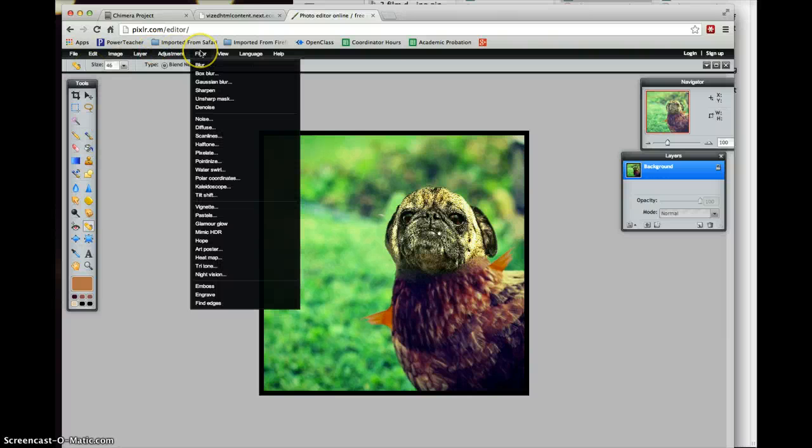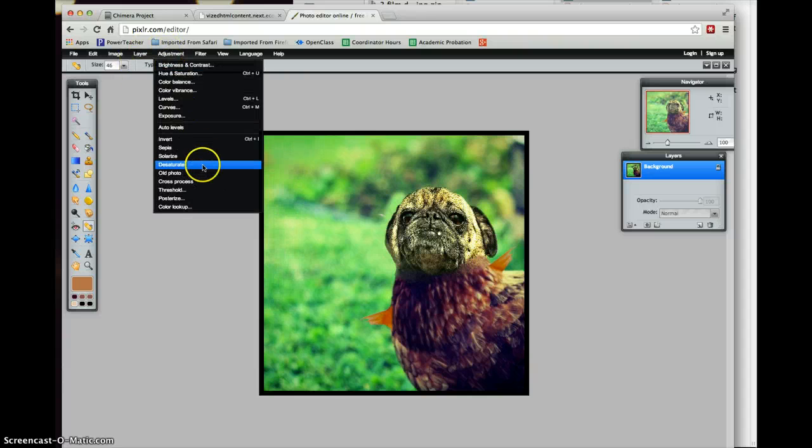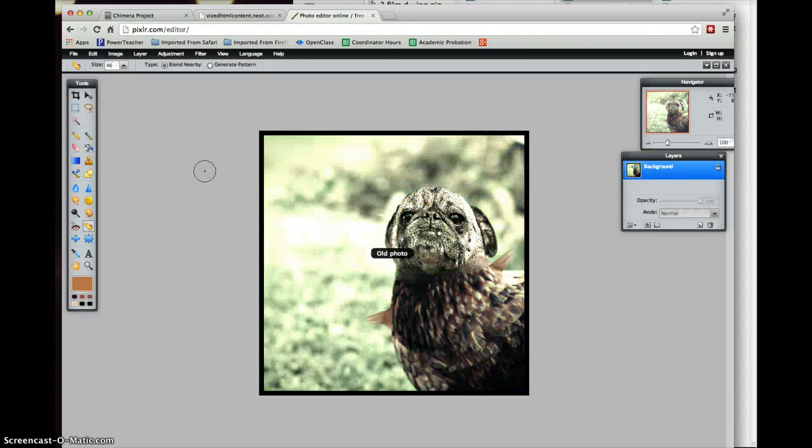You can play with filters just to make it look better, a little more cohesive. When I say I want it to look like a unified image, if some of the colors are off or it looks a little bit funky, what you need to do is try to find a way to make it all look unified. What I did is you can play around with the different filters. I actually went into adjustments and I chose old photo because I wanted it to look like an ancient chugfish,